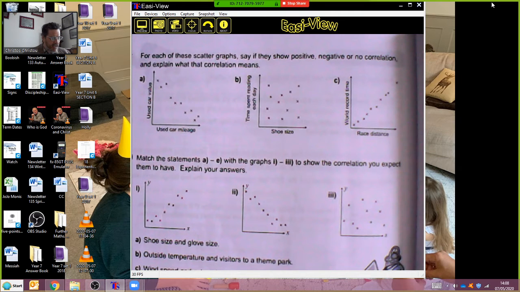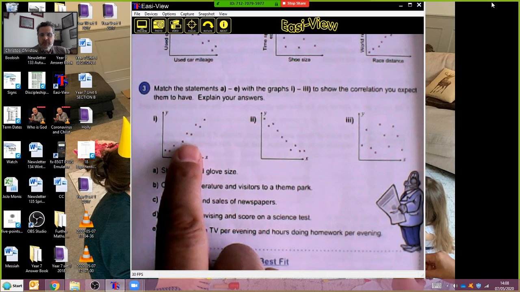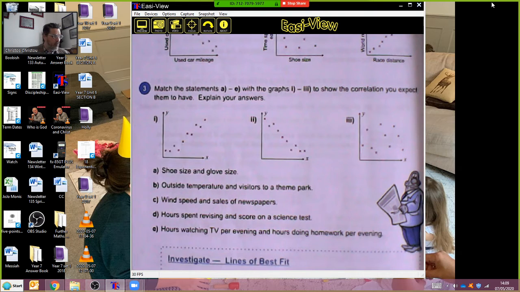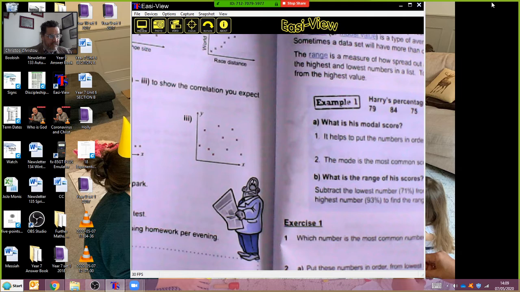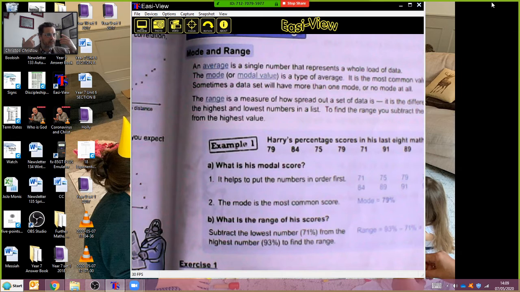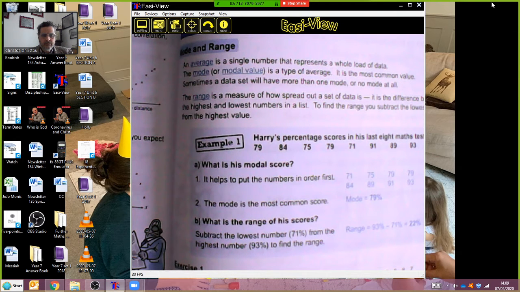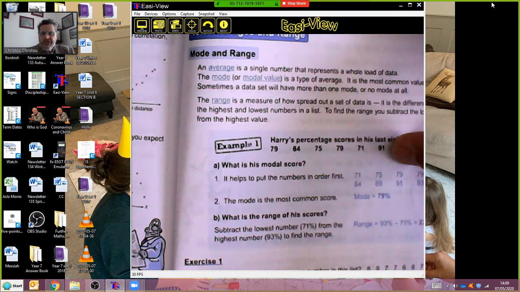Okay. So I remember this was a homework or a task this time around recently, where you had to match each one of these statements with each one of these graphs. Well, you can revise that yourself because the video is probably out there, or I've given you feedback on your homework. Oh, sorry, classwork this is, isn't it? Back to averages and range. What do you understand by the word mode? It's the most common one. And the range is, how do you work out a range?